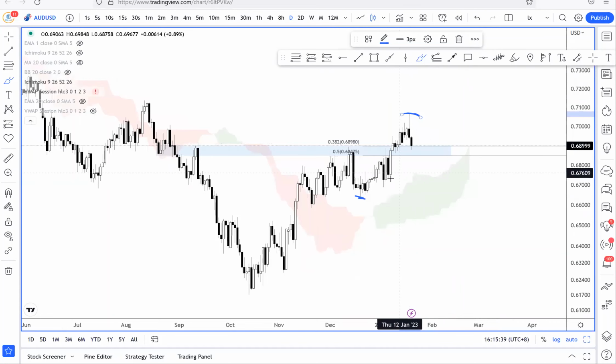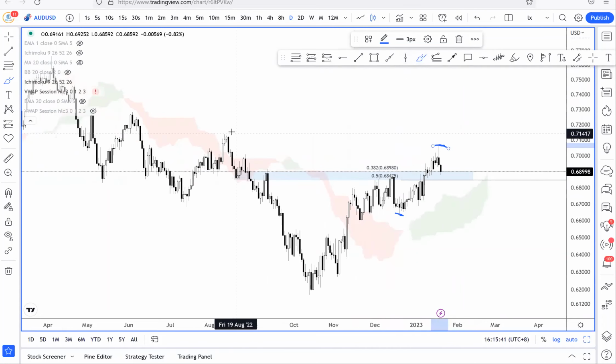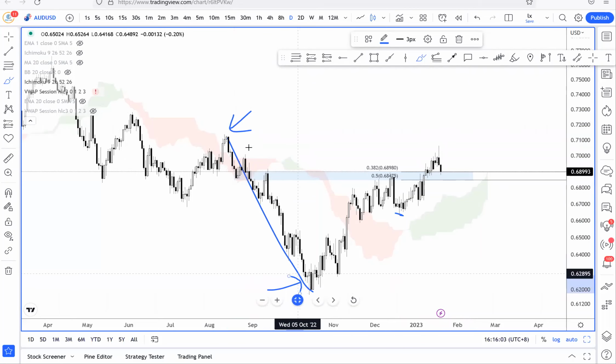So using the same example, you can see that this would be an example. So if we want to find if there are any cause of reversal here at this point, what you can do is to identify the impulsive move. So this is the impulsive move, and we are seeing that pullback, and this slight reaction here. So in this case, having identified this move, you can see this push down. This would be the high of the move, and this is the low of the move. So when you identify this move and take a Fibonacci retracement using this high and ending at this low,